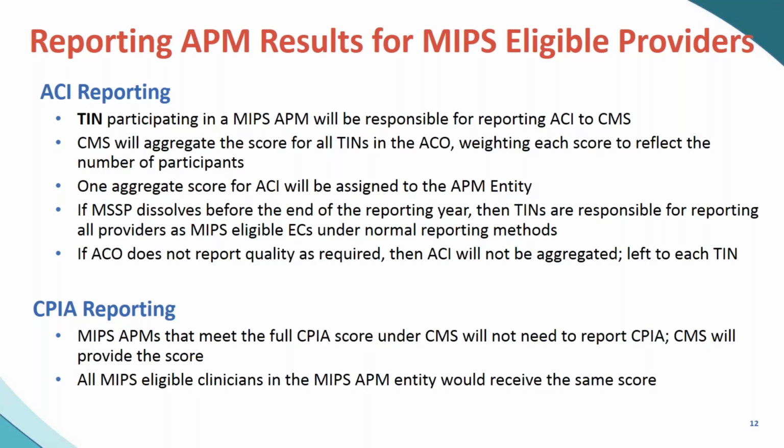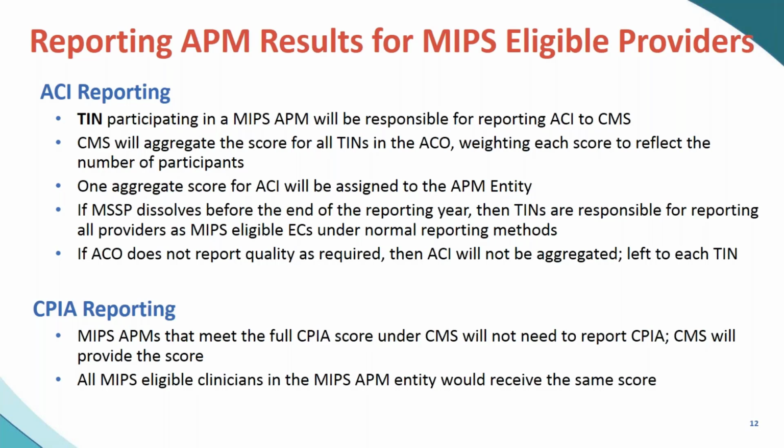And I'm sure you're thinking, what does that mean? If I have an ACO that has a provider group that has 2 providers, versus I'm a system that's part of that same ACO and we have 100 providers, is that going to be weighted equally? And the answer is no. CMS is going to take into account the fact that you had 100 providers reporting, and this is the score that you had in that group, versus this is 2 providers reporting, and this is the score that they have. So a weighted scoring.